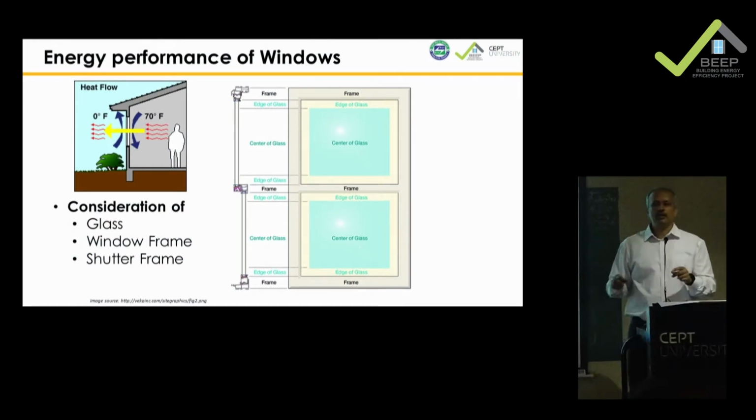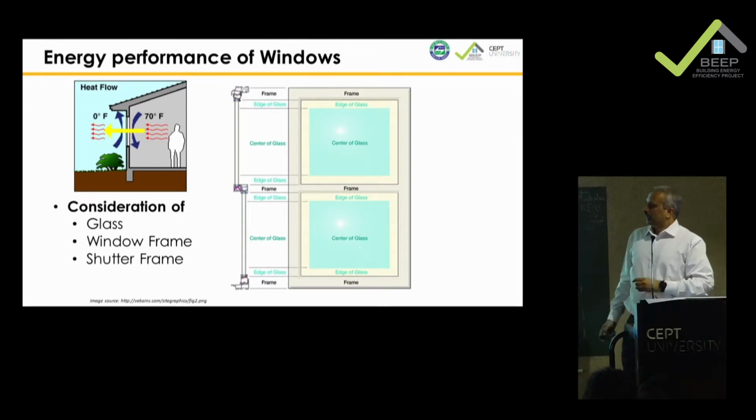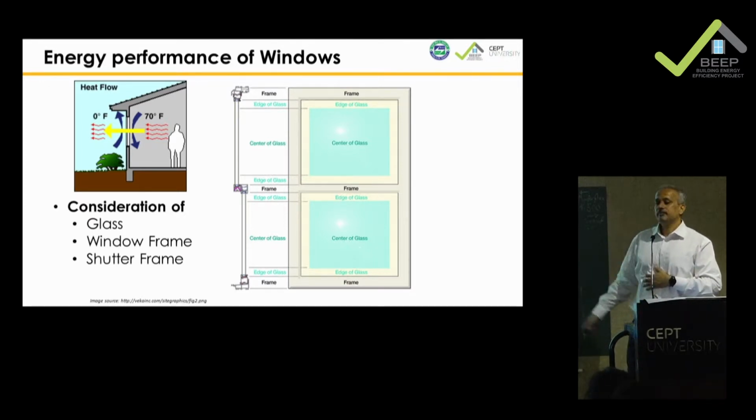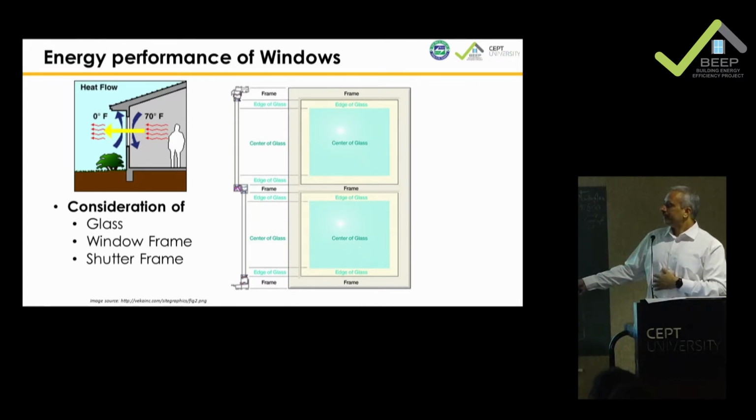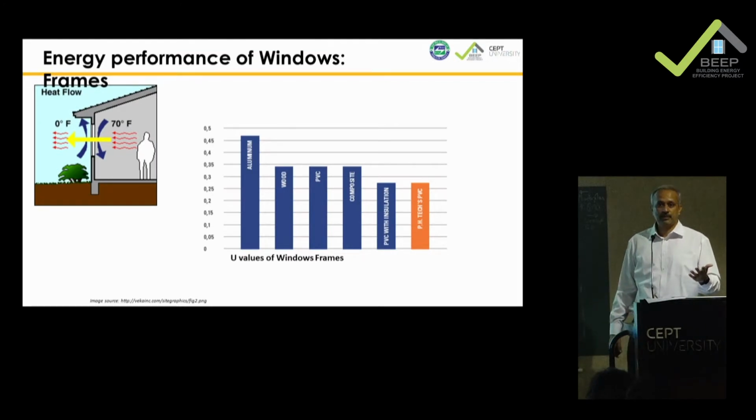Right? So when it comes to windows, you need to be a little more careful. So that's the edge of the glass, and this is the center of the glass. What is considered is the glass, window frame, and window shutter. Now, window frame and shutter frame will become more important when you are actually operating your windows. And I'll come to that towards the last part of the lecture. So, when you have the same glass in aluminum, your U value could be 0.45. The same glass going in a PVC, your U value can drop down to 0.3. Because PVC is a low conductive material, and the entire system will have a lesser